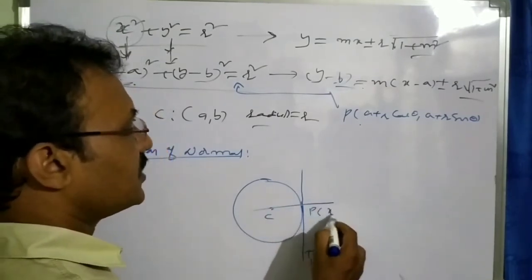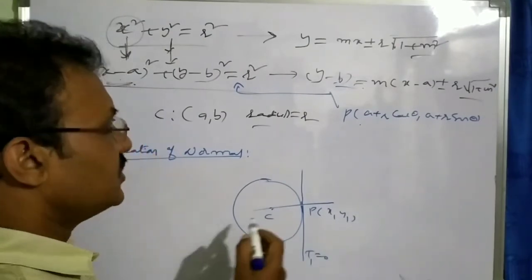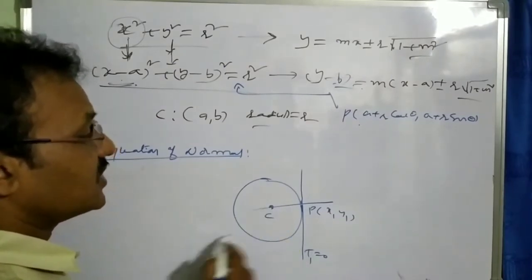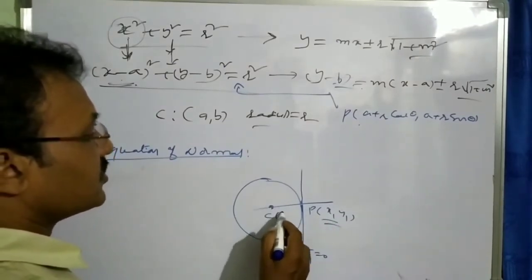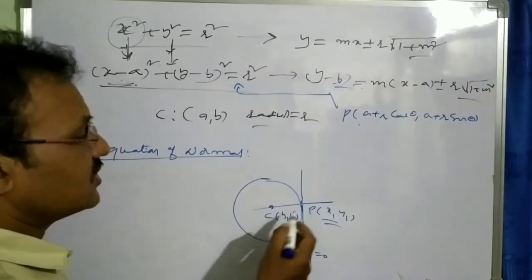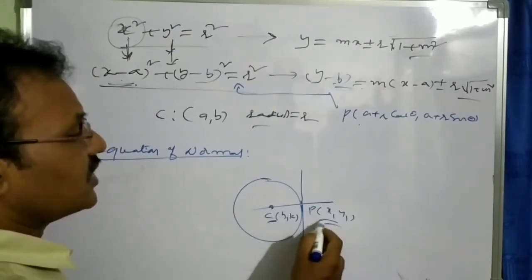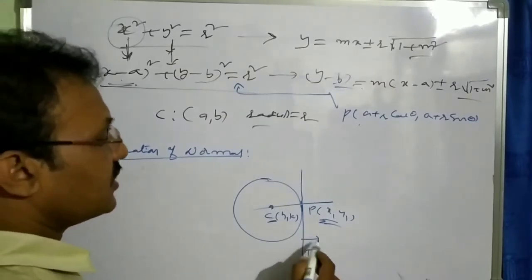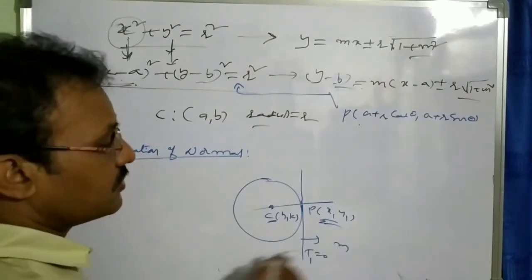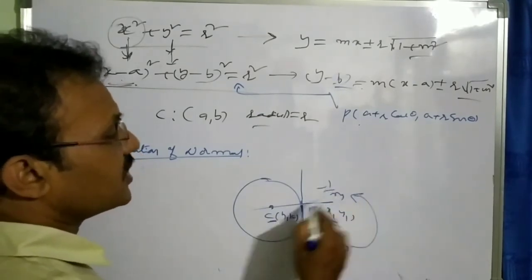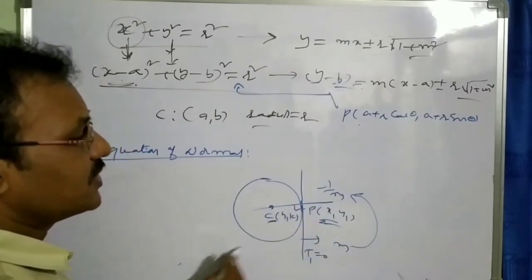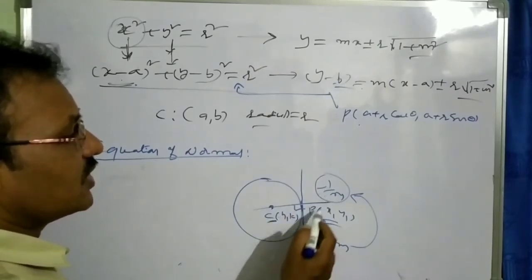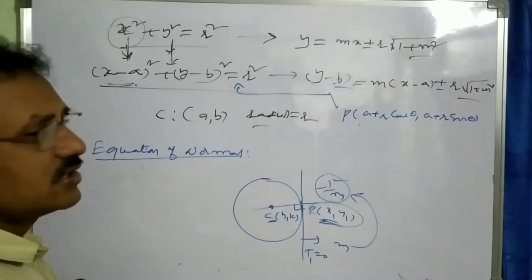So whenever the point P (x1, y1) is given, we can find the normal as it passes through the center. We can apply the two-point form. Suppose (h, k) is the center of the circle, we can directly use the center and point P to find the normal equation. Otherwise, we can find the slope of this tangent, m, and take its negative reciprocal, that means minus 1 by m, as it is perpendicular. Minus 1 by m is the slope of the normal, and using the slope and this point we can find the equation of the normal.